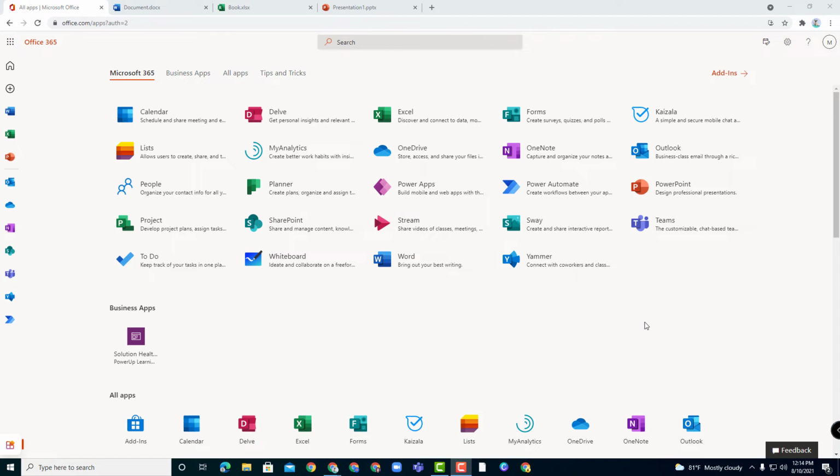And this week's tip is about working in the online versions of the Office applications that are included in your Microsoft 365 subscription. I've been very surprised recently. One of my clients that I'm working with, they're not even aware they've had Microsoft 365 for a year or more. And they don't even know that they can go to office.com and log in with their credentials from their company and access all of these other applications in Office 365,